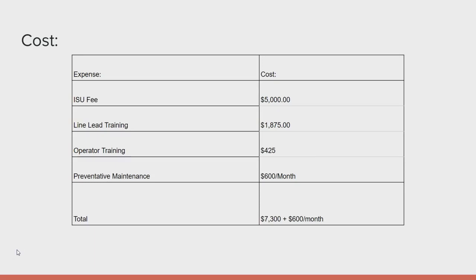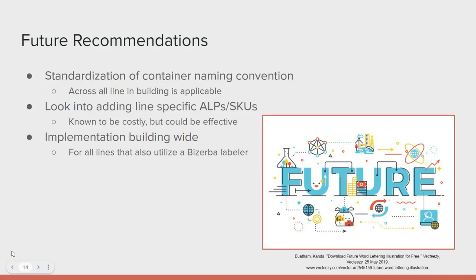In terms of future steps, we narrowed it down to three primary ones. To begin with, standardization of the container naming convention across different departments would lead to easier projects moving forward. Additionally, adding line-specific ALPs and SKUs would allow for each line to have its own settings for each product, increasing productivity. Lastly, implementing these changes building-wide to all Beserba labelers would